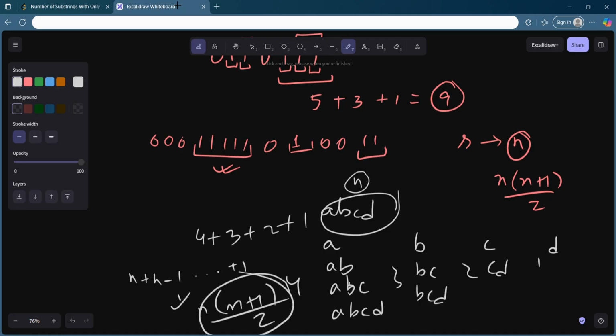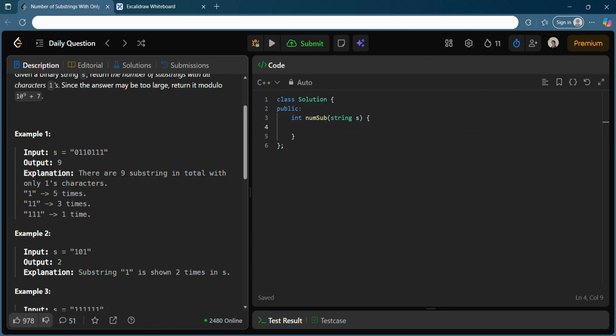And if you calculate this for each and every cluster and add all of them, you will definitely get your answer. So just quickly solve this. I hope you could have done it on your own also. So yeah, we have this n, we have this answer initialized to 0. What we could do, let's have a size variable also, which will tell me what is the cluster size of ones. Okay, so for int i equals 0, i less than n, and i plus plus,